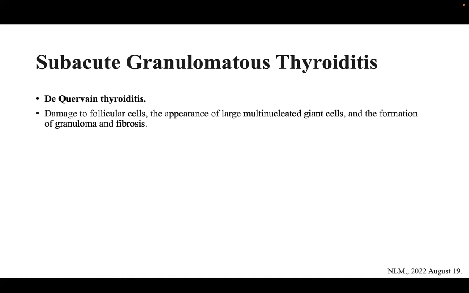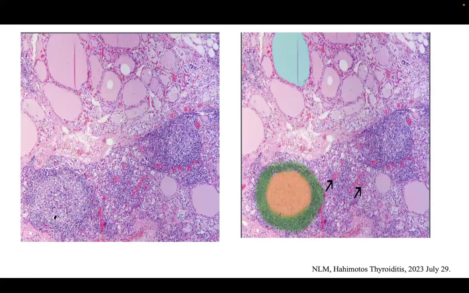Sir, go back to the previous slide. See, if you want to put up any slide like this, you should know what to say. Otherwise, don't put it up, because I don't know what this green area indicates. And I think you should know what the features of Hashimoto's are in histology. Otherwise, don't put up a slide like this, because if you put it up and don't say exactly the correct things you're supposed to say, it is inappropriate. What is this green?